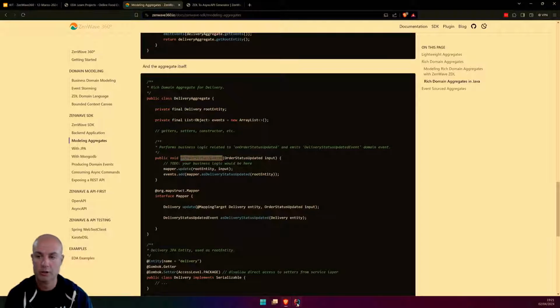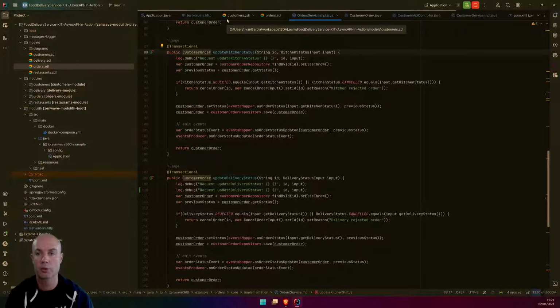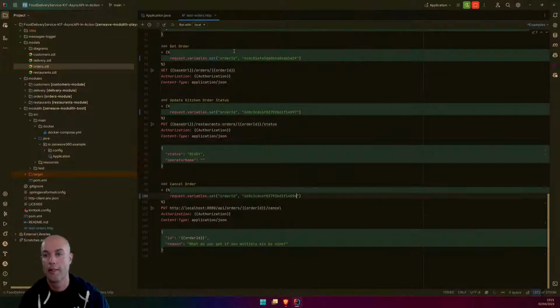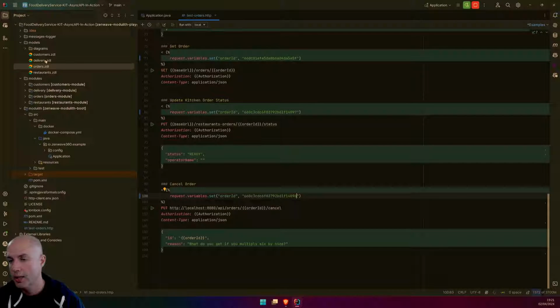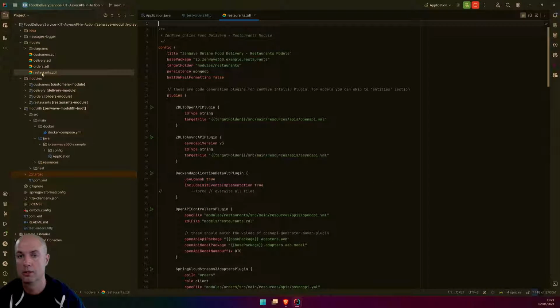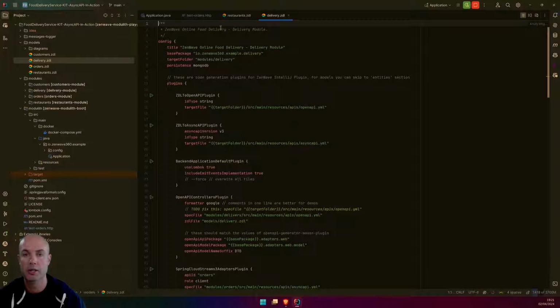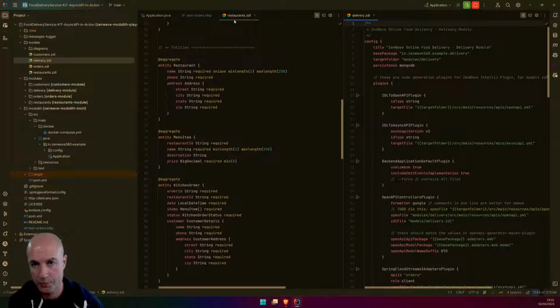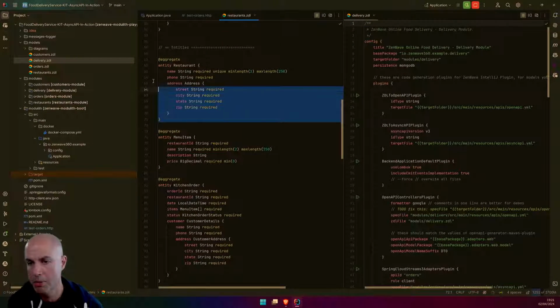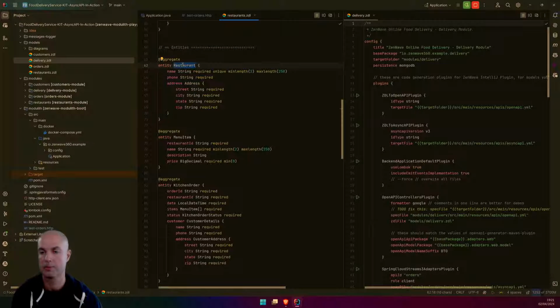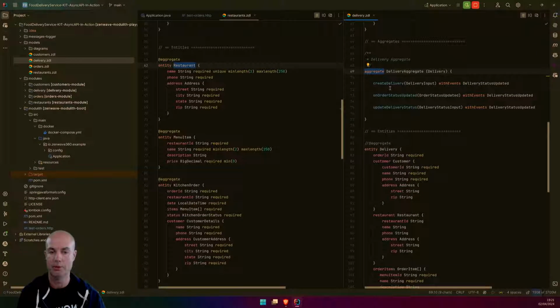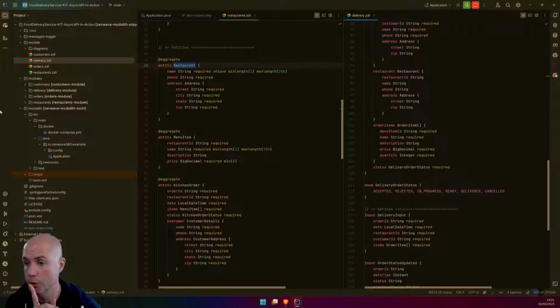And because we have 2 modules to go, what I'm going to show you is, because the restaurants module and the delivery module were implemented in different ways. The restaurant module was implemented as lightweight entities, and the delivery module was implemented with an aggregate object. So I want to show you the difference in the code.